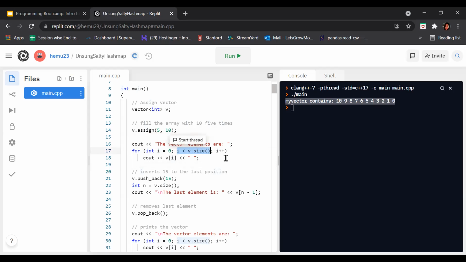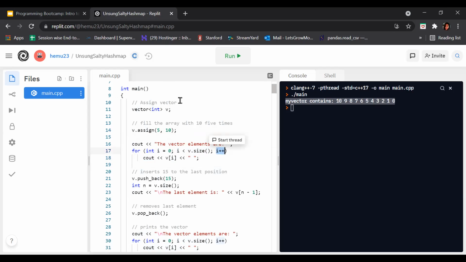If it's found true, then this statement will execute. Otherwise, the loop will get terminated. After that, we have an update expression which is i plus plus, meaning increment i by 1.